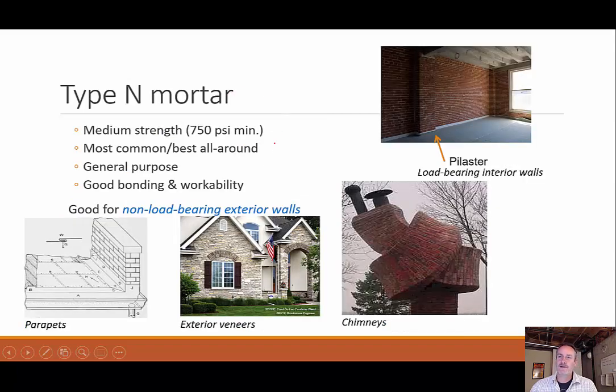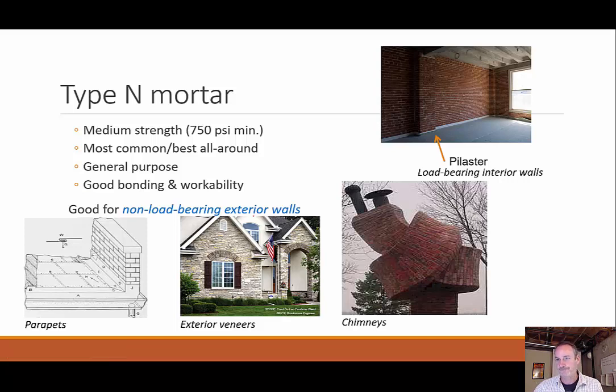Type N mortar is medium strength, so we're going down a little bit more, 750 psi minimum. This is your most common mortar, best all-around mortar because it has good strength and it also has good bonding and workability, right? That's why it's general purpose. Good for non-load bearing exterior walls. If it's load bearing, you want to go up, you want to have a higher compressive strength like the S